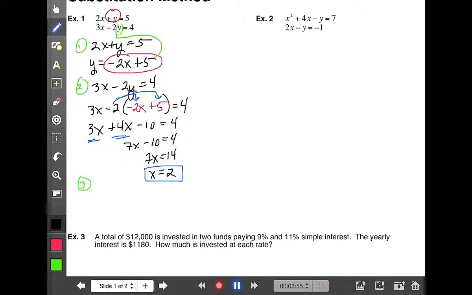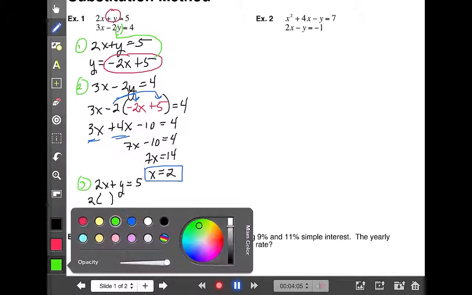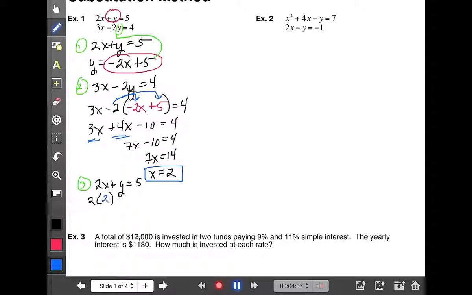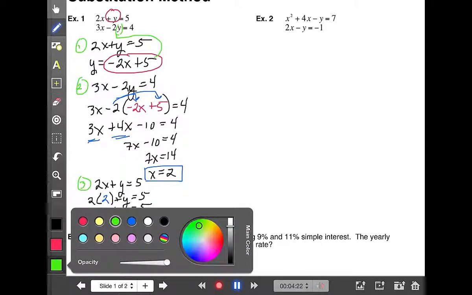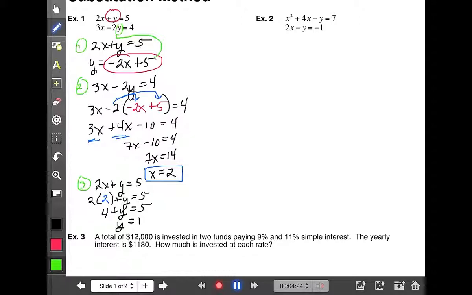And so I'm going to sub into the 2x plus y equals 5. So we get 2, instead of x we're plugging in our 2, plus y equals 5. So we get 4 plus y equals 5, and if I subtract 4, what do I get? 1. And so then finally, you must write your answer as an ordered pair. If you don't write it as an ordered pair, it's not correct. And so our final answer is,